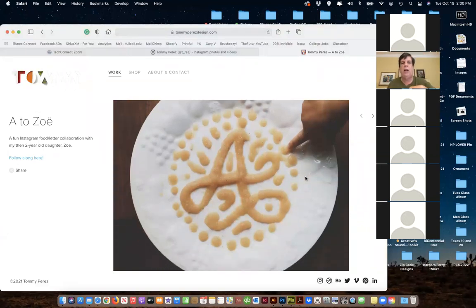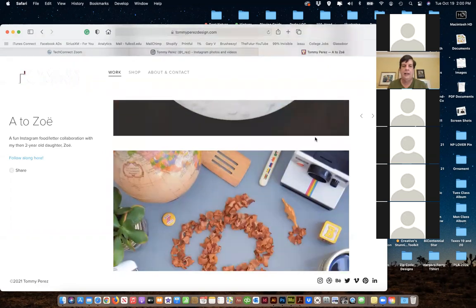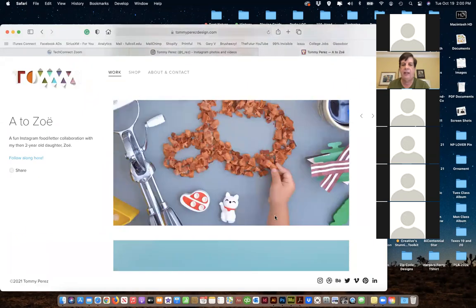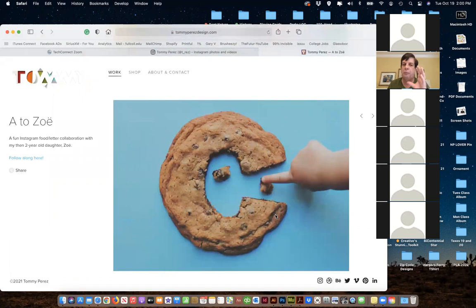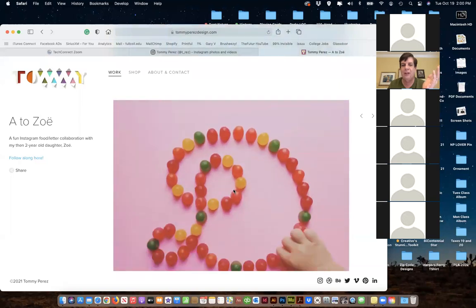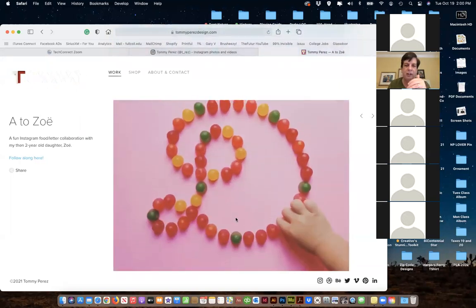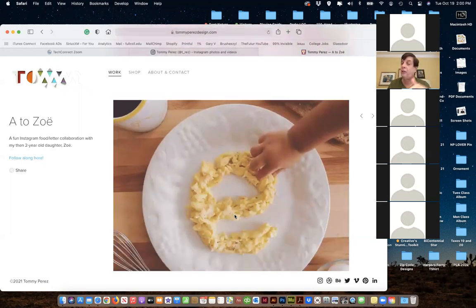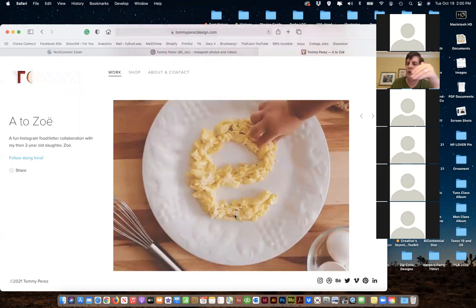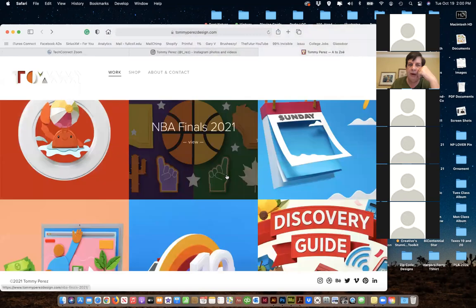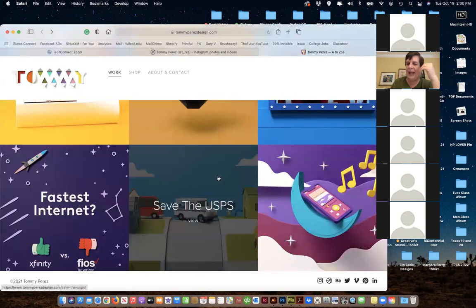or once a week, whatever it was. And there'd be A, applesauce, okay, and there's always Zoe's hand. Here's B for bacon, and there's Zoe's hand. So all the pictures were food-based, and they always had Zoe's hand in there. So C, and they would do some kind of type treatment with it, D for the dots, and he just did this whole series from A to Z, 26 times. And it got posted, and it got going throughout the design world. And he was also doing these other items back in here, some paper craft and so forth. So it allowed him to get his work out there.